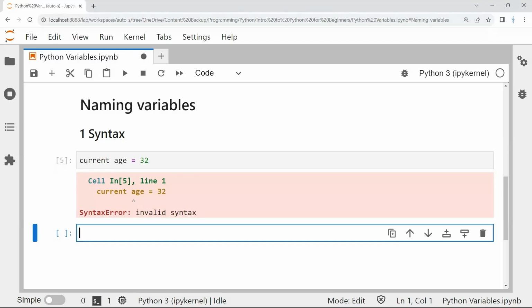So if we wanted to fix this, there are a couple of different ways that we would do this. But for Python, we have a style guide called PEP8 that helps us with readability and consistency. So it recommends that we only use lower caps when naming our variables, and we use an underscore instead of a space. And this is called snake case. So let's try that.